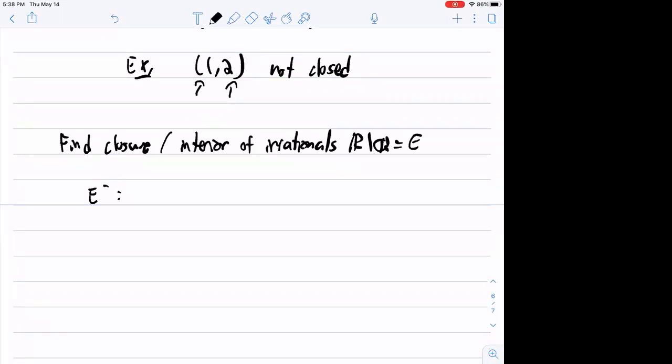So let's practice this. For the closure, you need to contain all your limits, right? In particular, you contain E, because for anything in E, you can define the constant sequence E, E, E, E. That converges to E, so it has to be in the closure. So the closure certainly contains E, but does it contain anything else? What do you all think? My set is the irrational numbers.